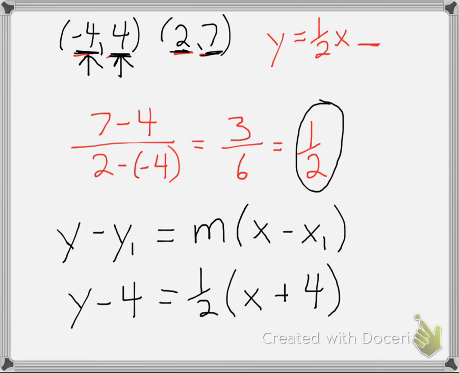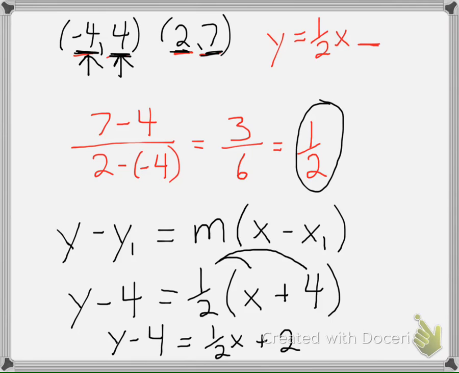Now, I don't really like that. I think it looks messy. I think it looks unfinished. So I would then want to change that into slope-intercept form of the line, which you know how to do. We'll use distributive property here. So I get y minus 4 equals 1/2 times x, which is just 1/2 x, plus 1/2 times 4 is